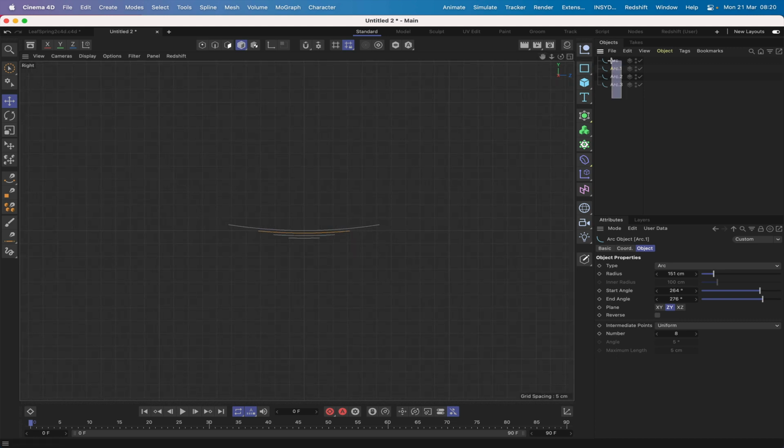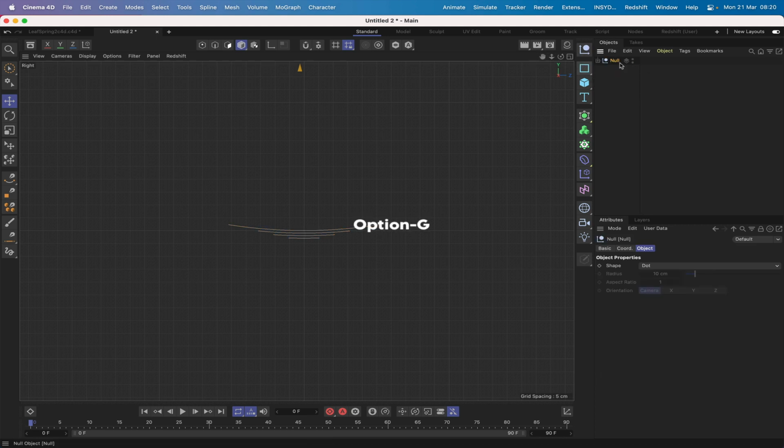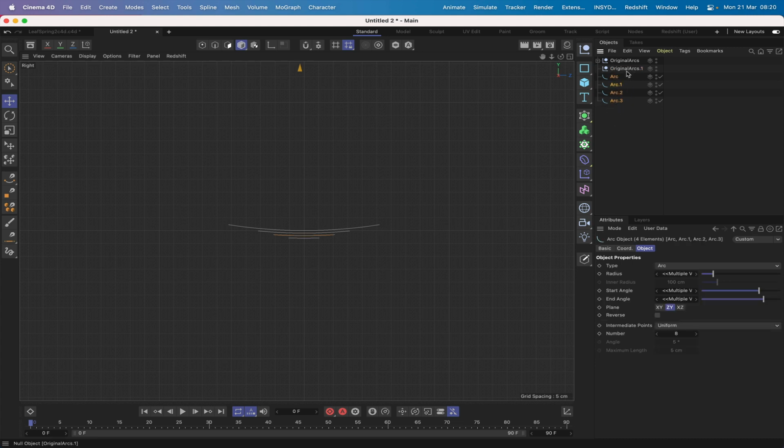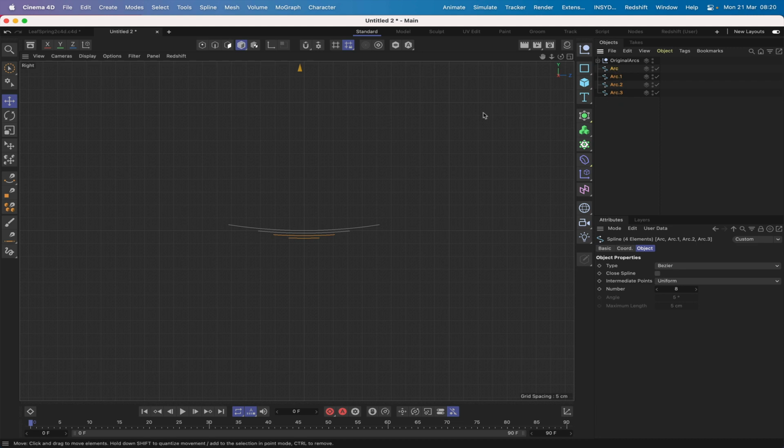The next thing we need to do, we'll select all of our arcs, and I'm going to group them, call this original arcs, and then copy it, open it up, and we can remove these from here. And now we can make them editable. So I've copied my originals just in case we need to do any more work. So my original arcs are now copied, and of course made editable,